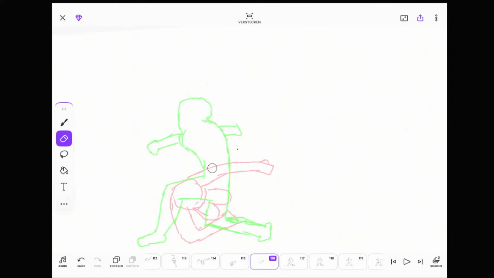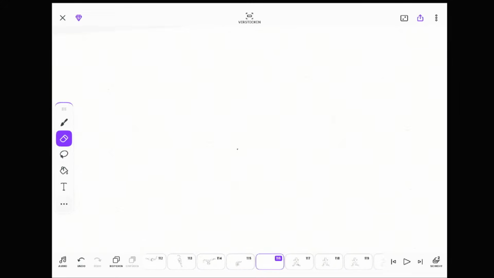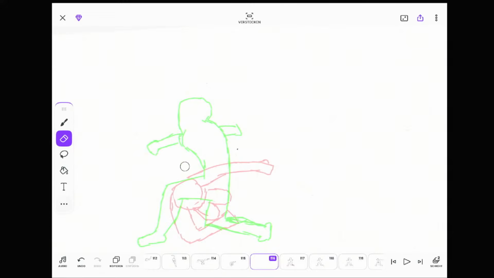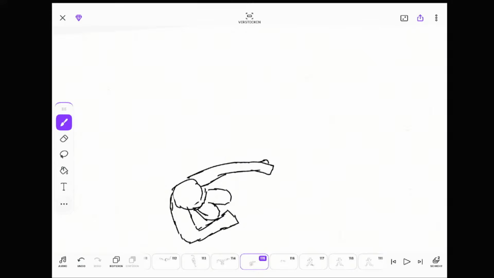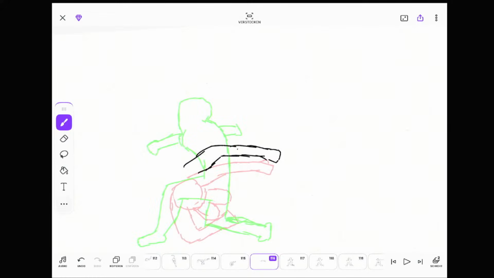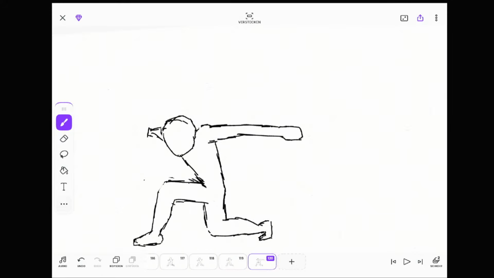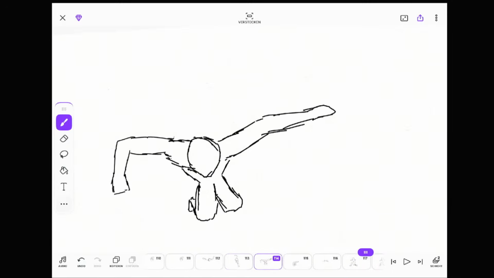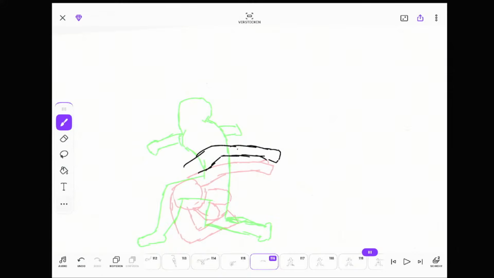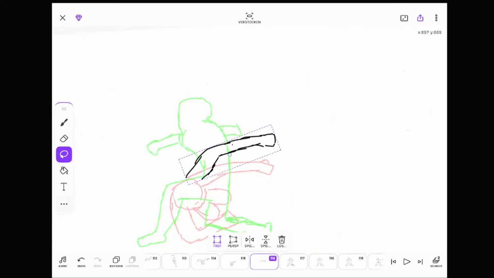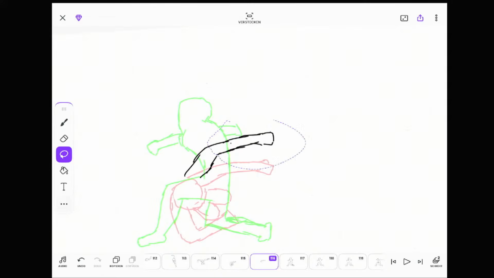And with the roll, the movement of his arm is also like went for the second strike. That would change a bit.